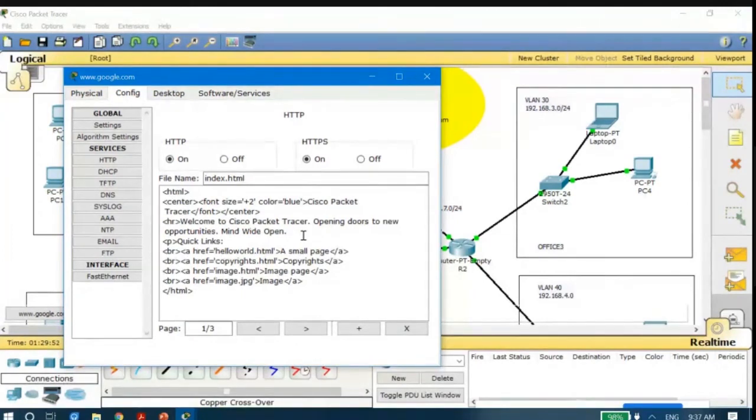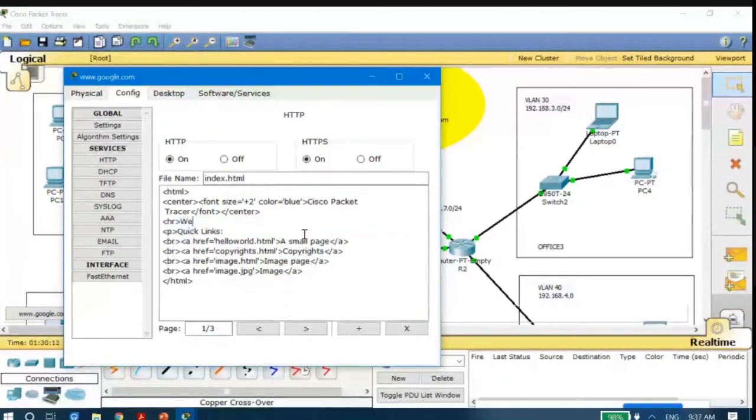Let me change a few lines here. Here it is written "Welcome to Cisco Packet Tracer." I'm just trying to change it a little bit so that when I access this page from another computer, I will know that this is the page I had actually designed. So let me type here, welcome to the WCN lab.